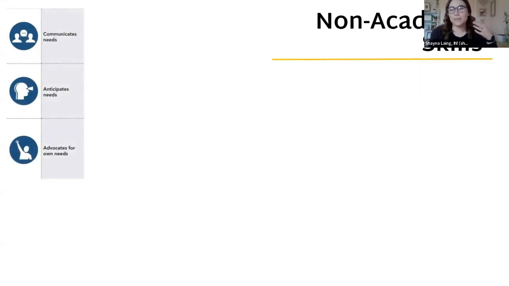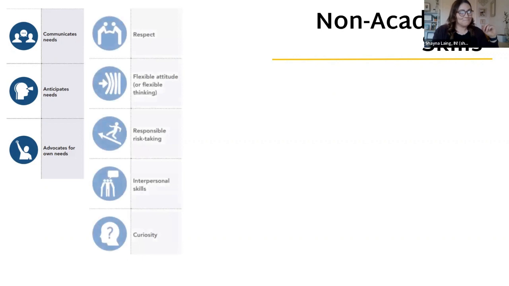These are all provided by Think College, which is the National Coordinating Center for All-Inclusive Higher Education. They have so many wonderful resources for educators, for students, for families. And so they have this long list of what are some key skills for college readiness. And this is some of the ones that I've pulled out as non-academic skills that are still really valuable. So learning how to communicate needs to others, anticipating needs, which is something that so many college students are working on. I am often working on, and advocating for your own needs,